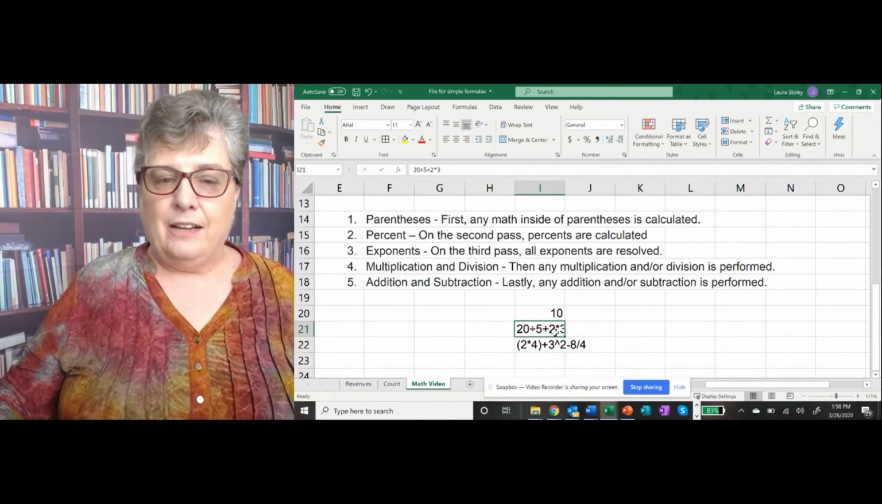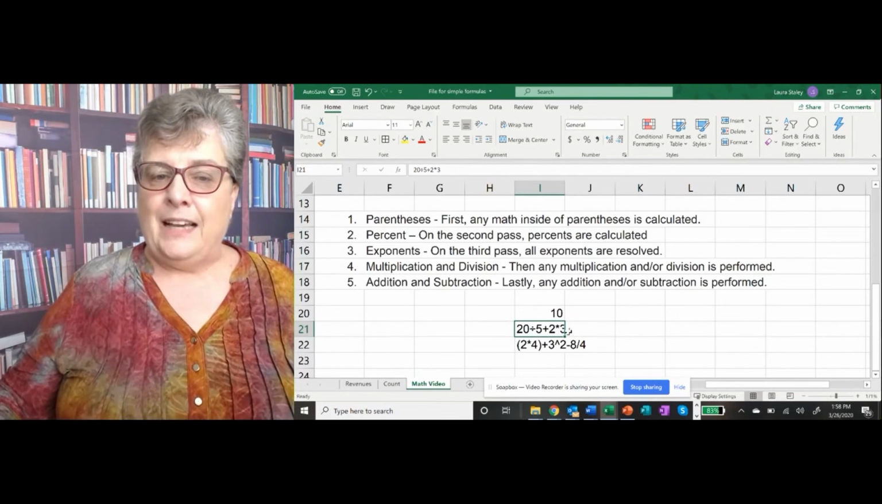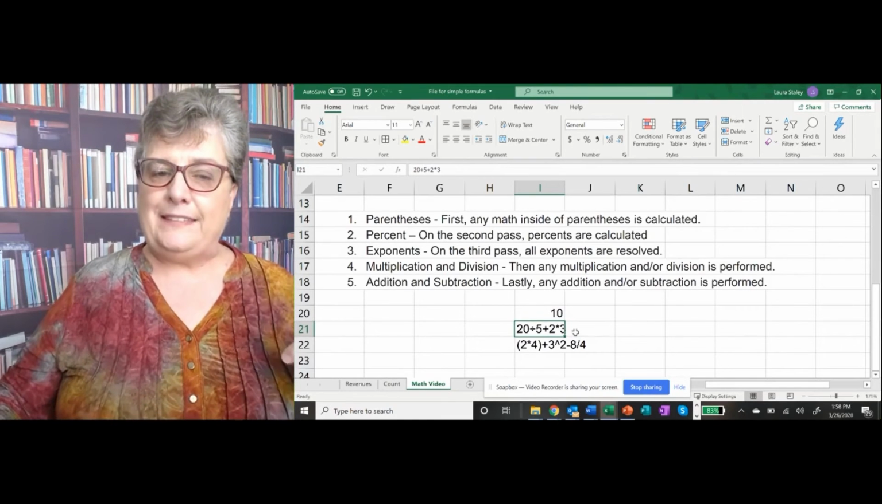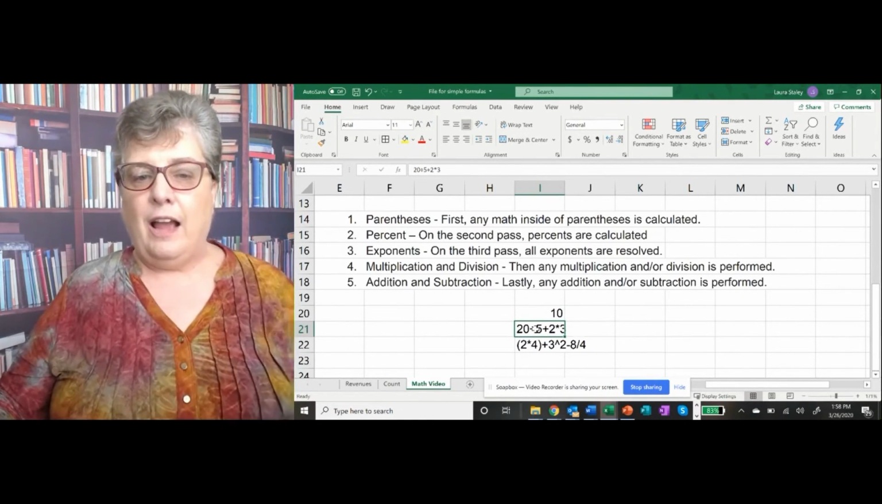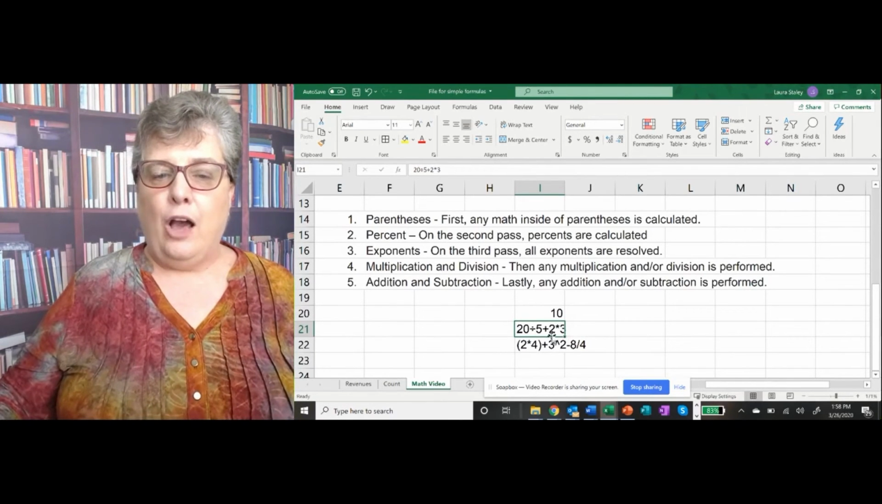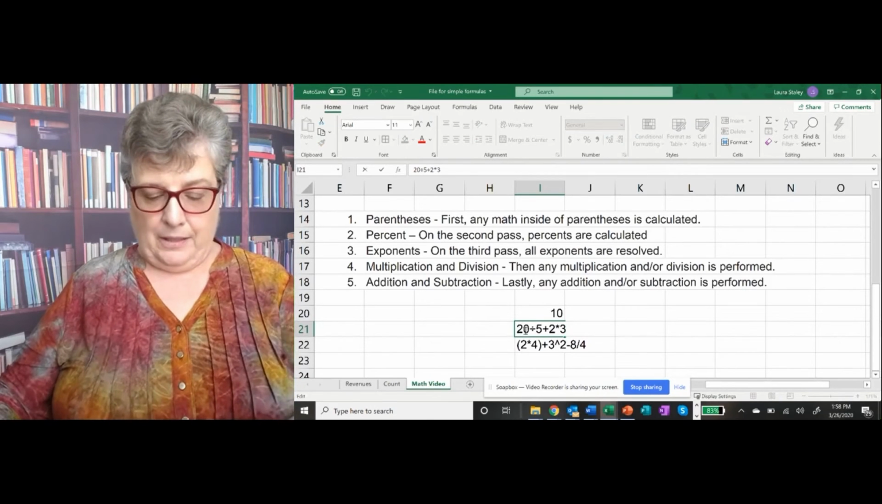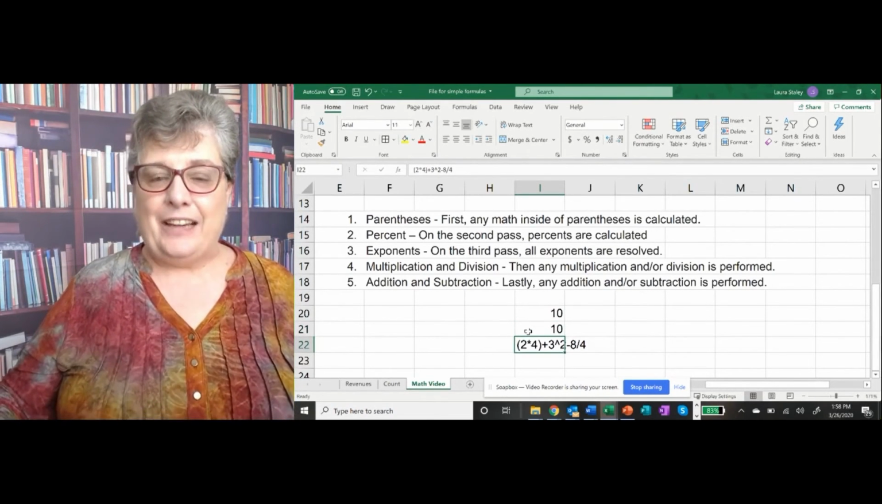That's what it calculates out to be. Now here, it's 20 divided by 5 plus 2 times 3. Since division and multiplication happen first before addition, it's going to divide 20 by 5, which is 4. It's going to multiply 2 times 3, which is 6. And 6 plus 4, again, is 10. Okay,